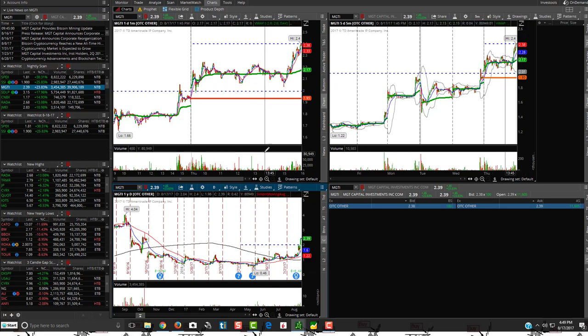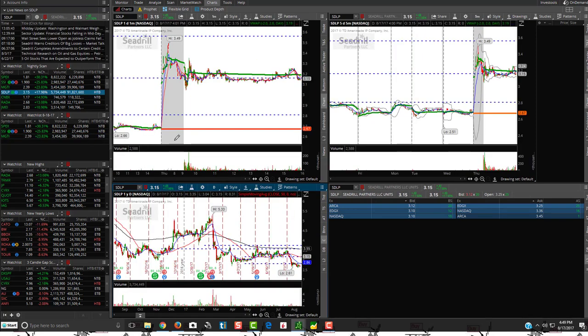So it's kind of in the range. Keep an eye on it. There is some resistance. It's not too bad, but you know, right in this 2.50 range. Usually, again, look at whole and half dollar amounts, and that's usually where you'll find a lot of your support and resistance. So MGTI will go on the watch list.